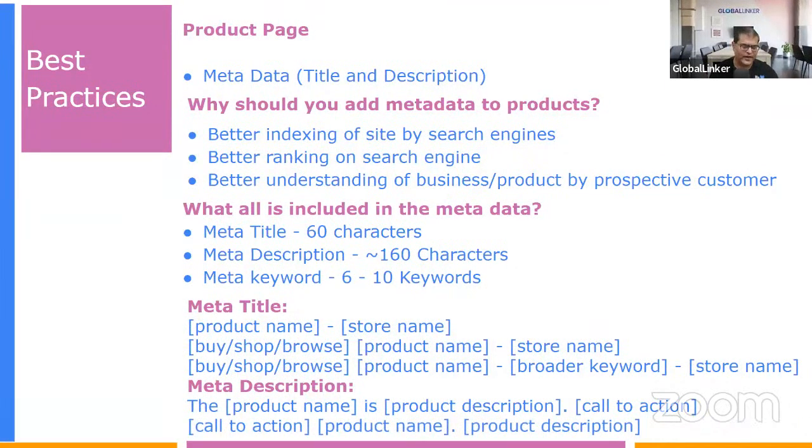Next formula that you can use is where you move the call to action forward. So buy shoes online or buy t-shirt online, like that. So that's a call to action, then the product name, and then the product description. So depending on your requirement, something with respect to metadata that you have to keep in mind is that